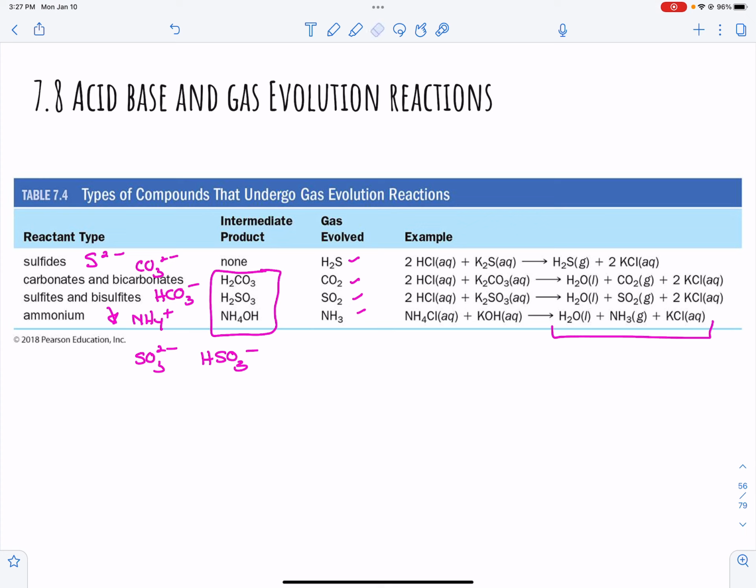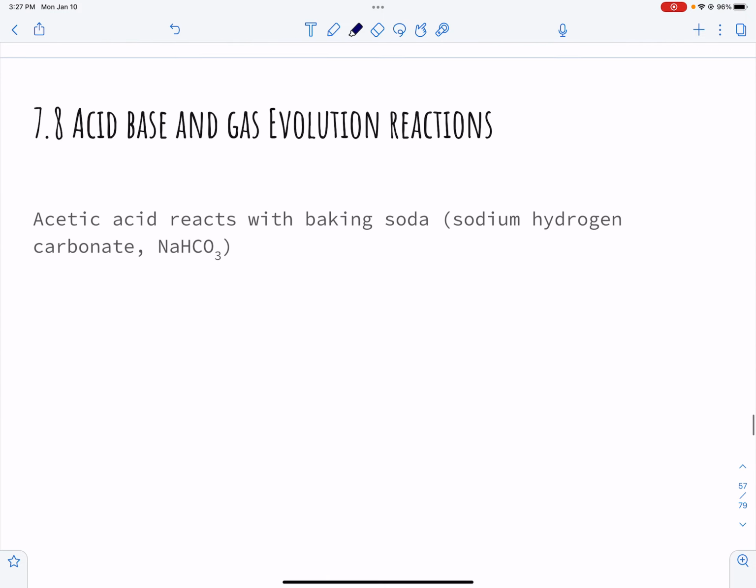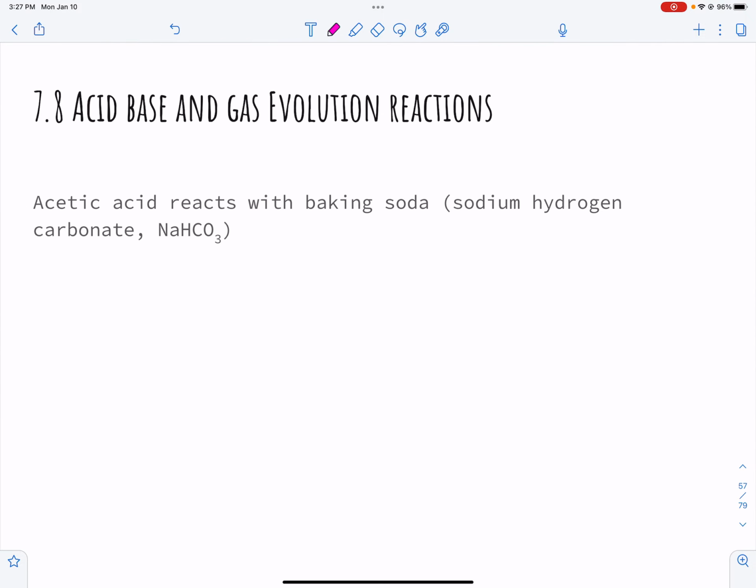Okay, the one that is really important for you to know actually is this one. That's the one that I would ask you to know for the test. The rest you can use this as a help. So the formula for acetic acid reacting with baking soda. So if you go back, acetic acid is H, and you can write acetic acid like this or the other way,